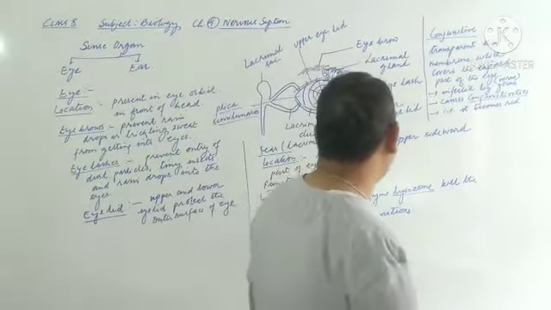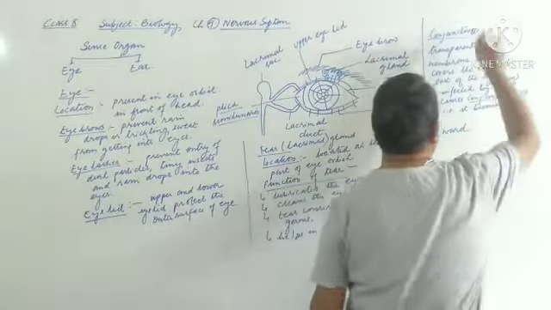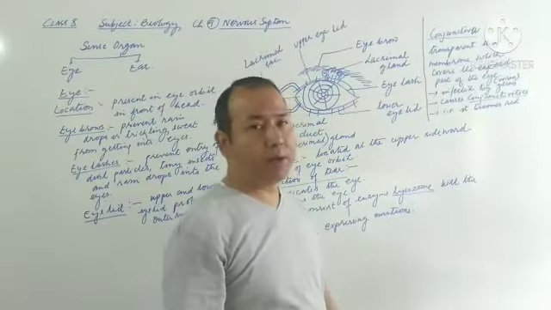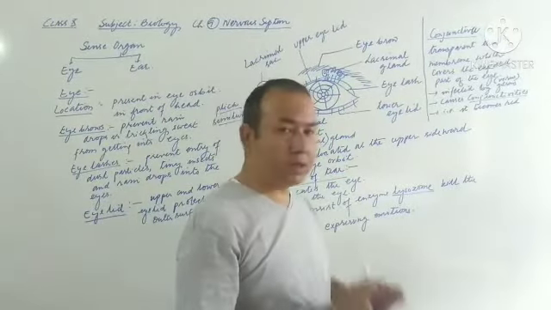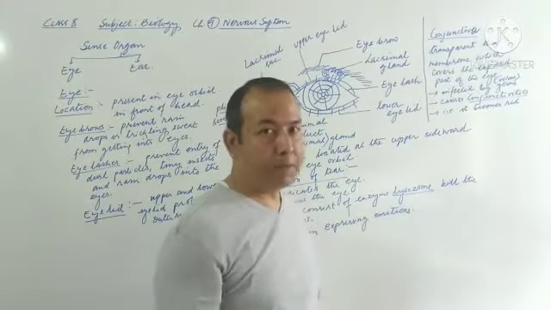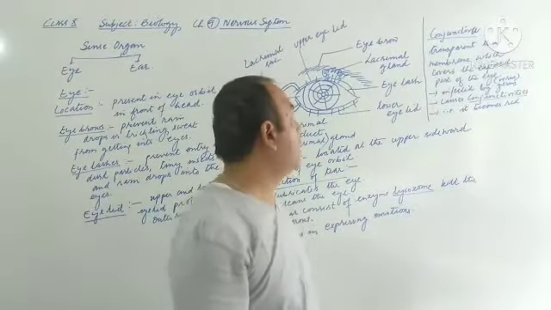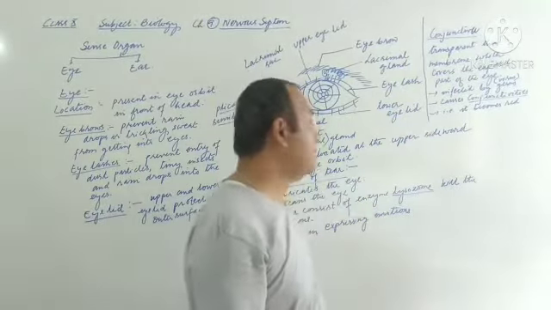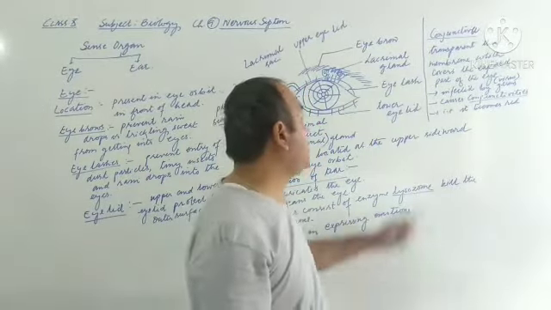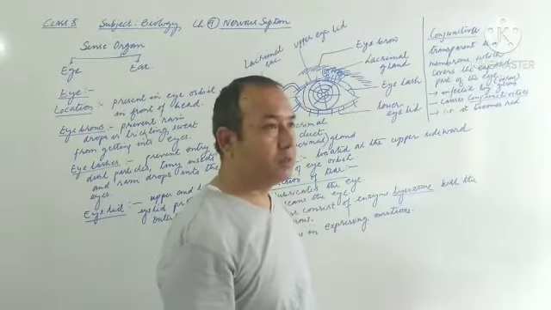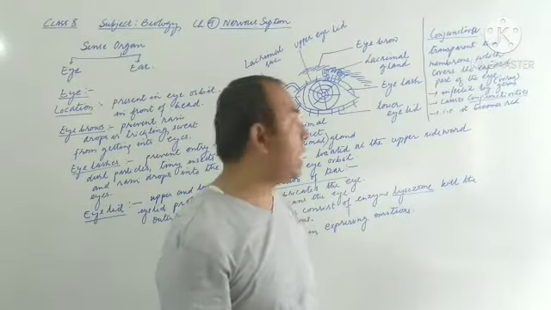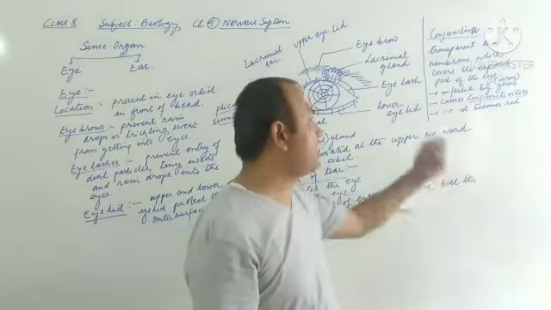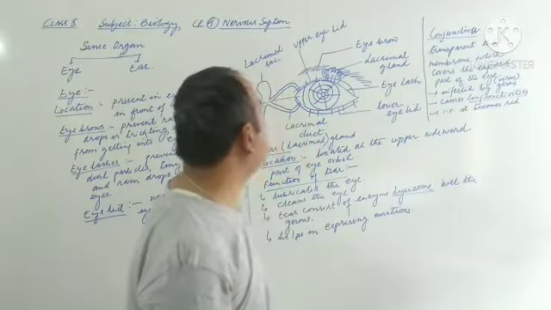Then after that comes conjunctiva. It is another protective covering of the eye. Conjunctiva is a transparent thin membrane which covers the exposed part of the eye. Whatever part of the eye is exposed remains covered by a thin transparent membrane which we call conjunctiva. Now if this conjunctiva sometimes gets infected by a virus, at that time it turns reddish or pinkish in color. The disease is what we call conjunctivitis. So about conjunctivitis also it may be asked. So this is about the protection.